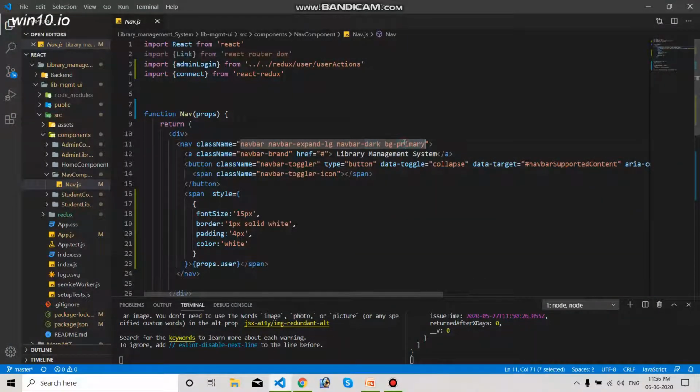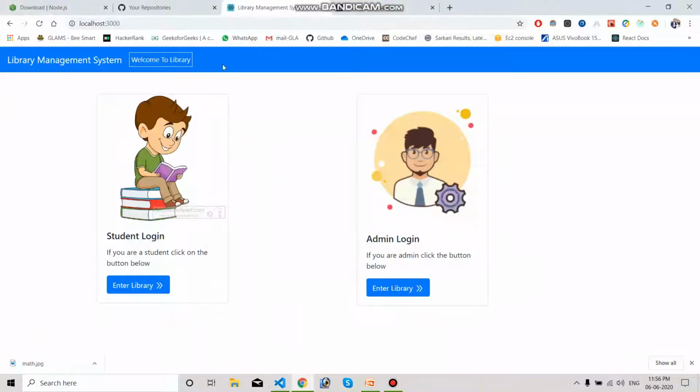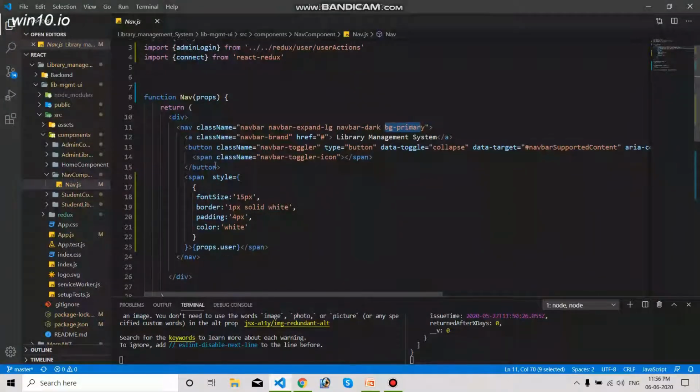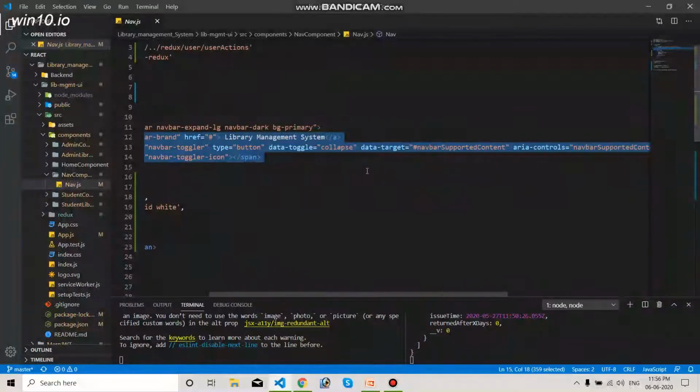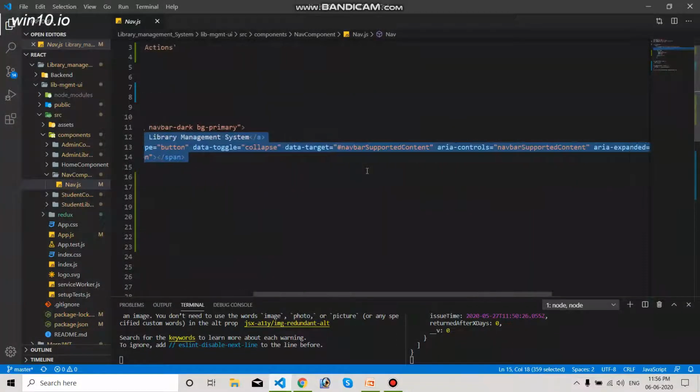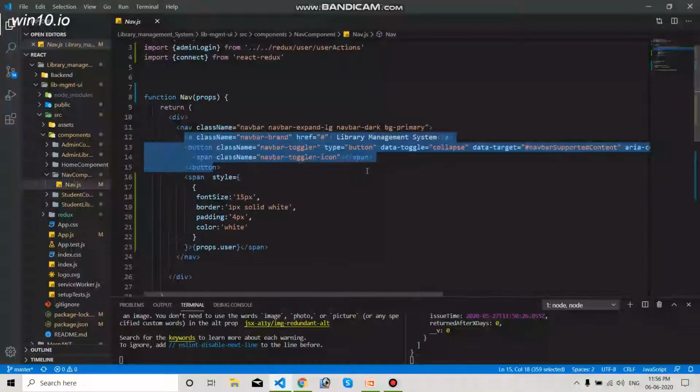And bg-primary is a Bootstrap class which provides this nice blue color in the background of the navbar. All this is copied from there, nothing much to explain.